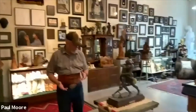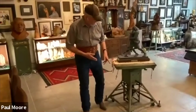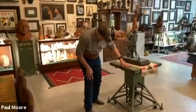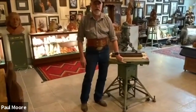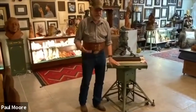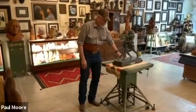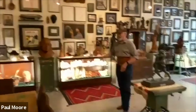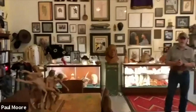One of the things that I really love is a sculpting stand here of James and Laura's. What's really interesting on it is it has the Edel brand here, which has been turned into Sculpture House. I've got two of their sculpting stands. This is one of them and another small one over on the side over here. A lot of my collection,